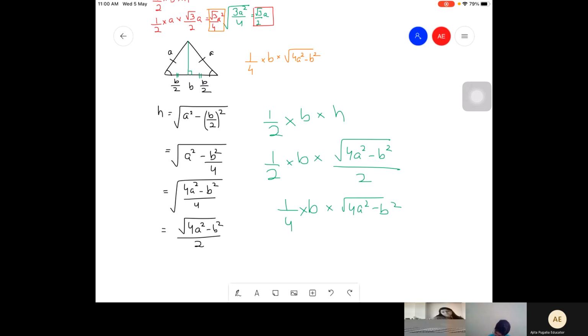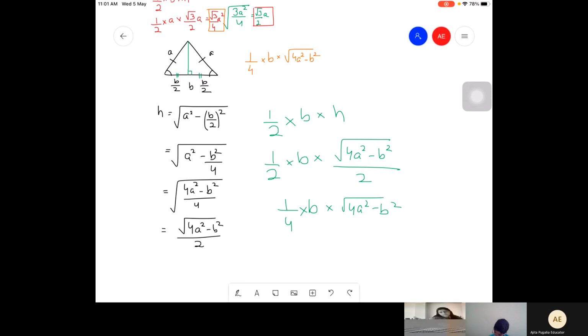So this applies to only isosceles triangles. Yes, for isosceles triangle. So, we did 4 formulas today, if you remember. One is half into base into height. Second one was Heron's formula, and then we did one for right angle, that is again half into base into height. Equilateral triangle root 3 upon 4 a square, and isosceles triangle 1/4 into b into root of 4a square minus b square.